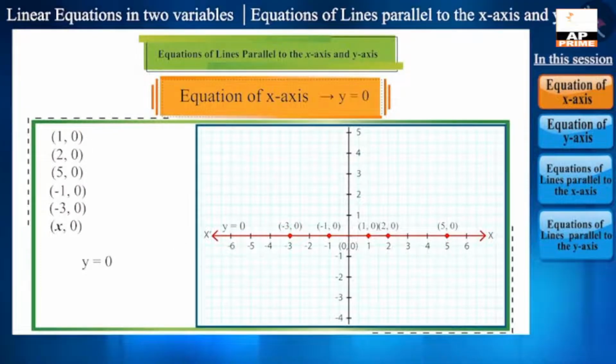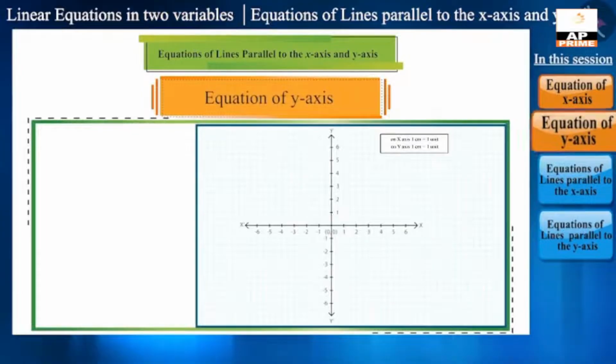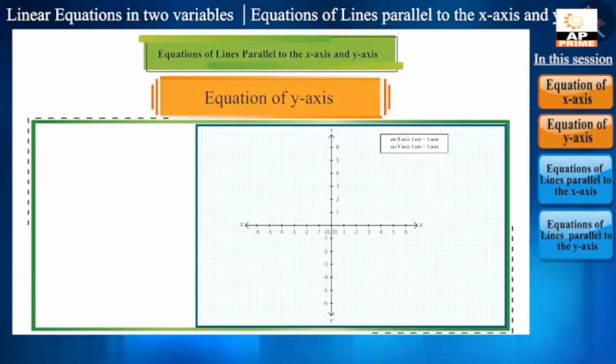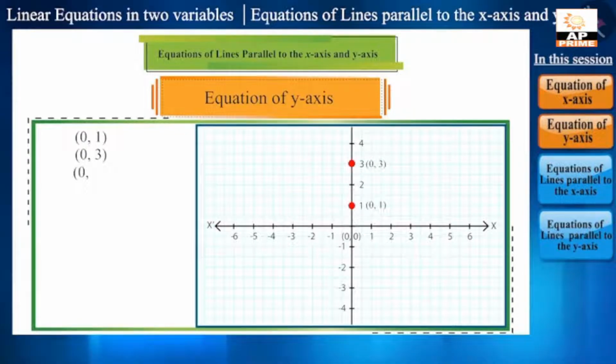We can even write it this way: 0 multiplied by x plus 1y is equal to 0. Friends, what will be the coordinates of the points lying on the y-axis? (0, 1), (0, 3), (0, -2), (0, -4), or we can say that it will be in the form of